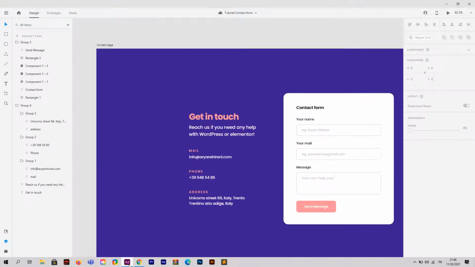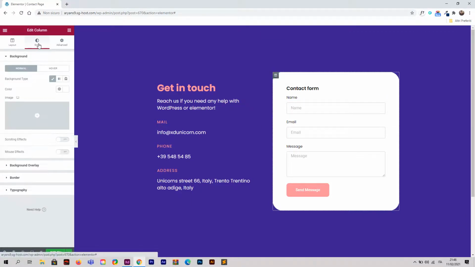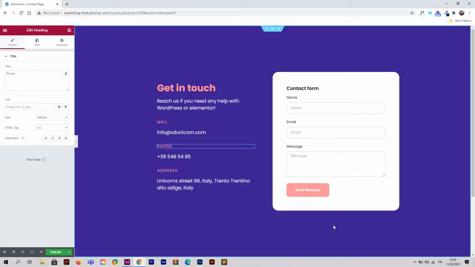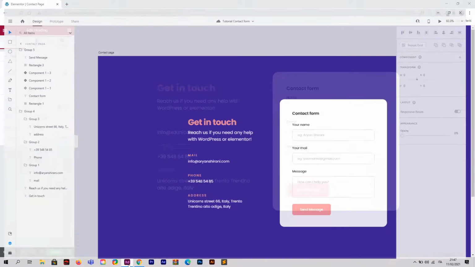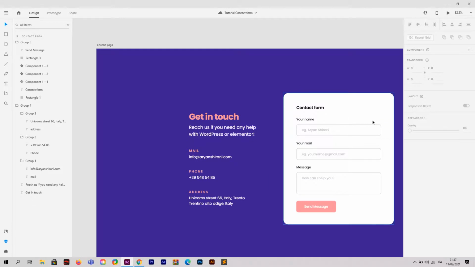It's pretty much the same as the design. Maybe we should make those corners less, how can I say, rounded. So I'm going to click again on the column. I'm going to style, I'm going to border, and I'm going to decrease this. Great. So decreasing that, now it's more similar to our design. Let's check it. So okay, looking at the design, it's a little bit more